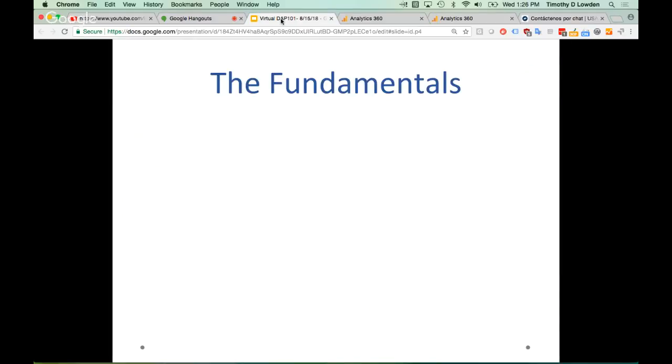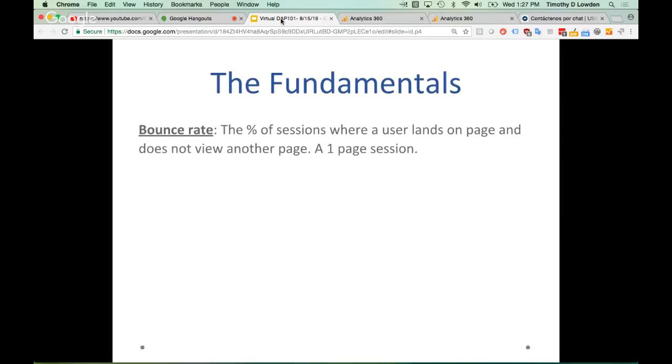Okay. Three more, and then we'll get into some of the meat of the deals here. So, bounce rate. Now this is